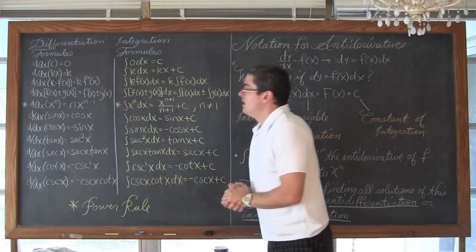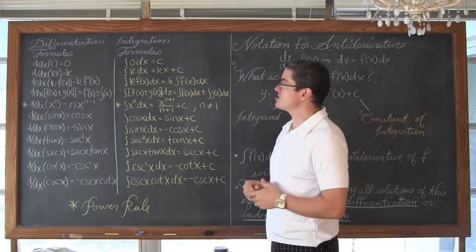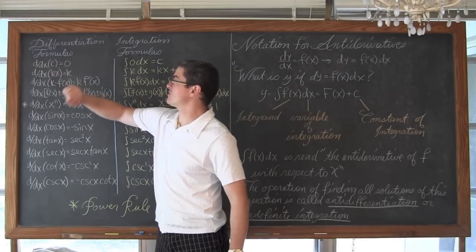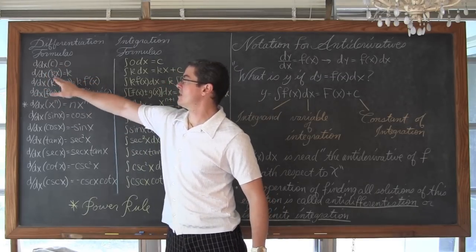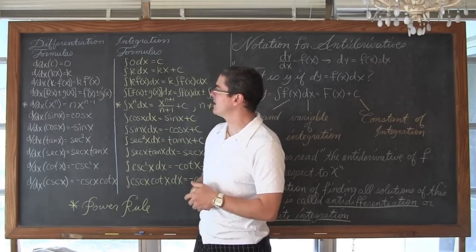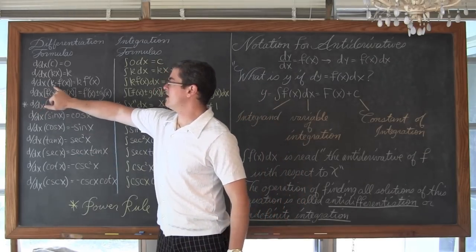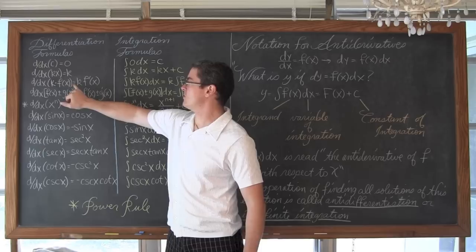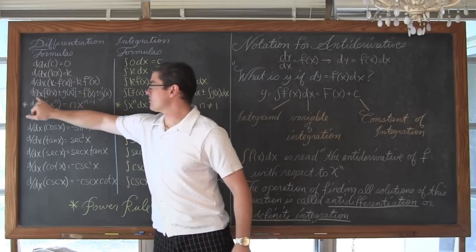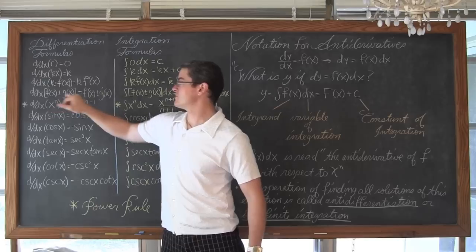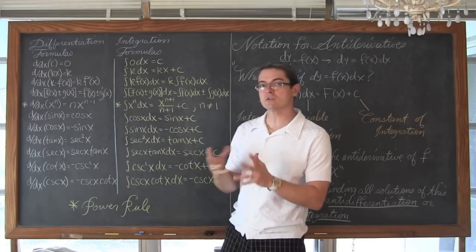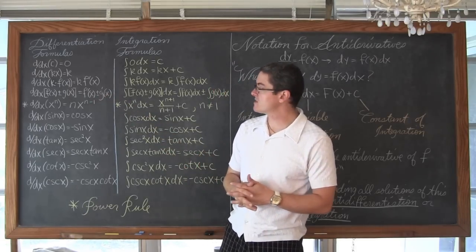Well, here we have a list of our basic differentiation formulas. We have the derivative of a constant equals 0. The derivative of a constant times x is equal to just that constant, so the derivative of 2x is equal to 2. We have the derivative of a constant times a function is equal to that constant times the derivative of the function. We have the derivative of the sum of terms is just the derivative of each individual term, whether it's addition or subtraction separating them, that's fine.